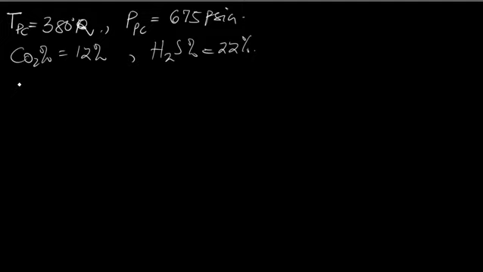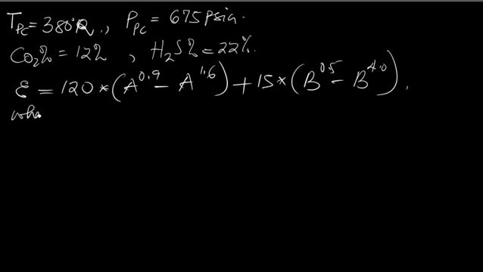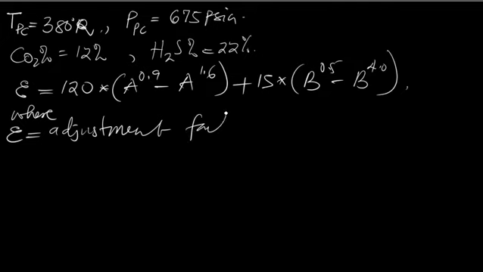Now, the formula for the adjustment factor is equal to 120 times A raised to power 0.9 minus A raised to power 1.6, plus 15 times B raised to power 0.5 minus B raised to power 4.0. Now, where this symbol is the adjustment factor,